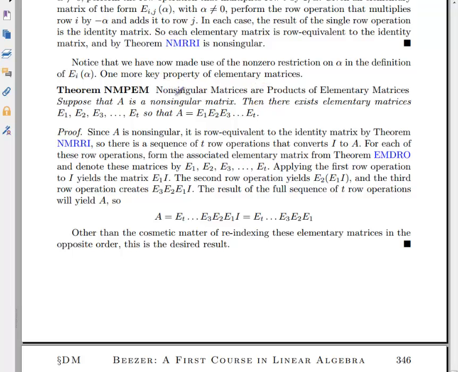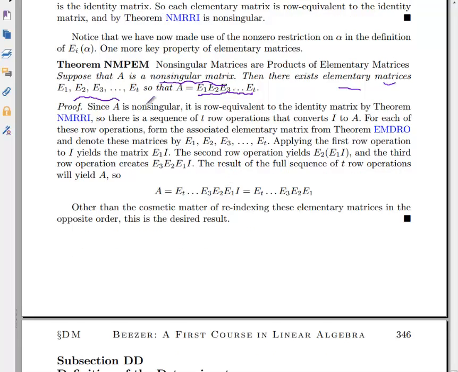All right, now here's a very interesting theorem. Non-singular matrices are products of elementary matrices. Suppose I have any non-singular matrix A. Then there exist elementary matrices such that A is equal to E1 through ET. Okay? Right. Now, the point is that if A is non-singular,